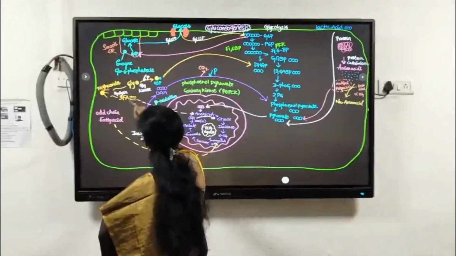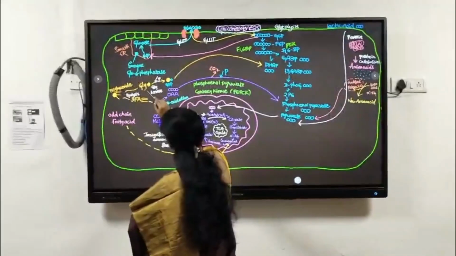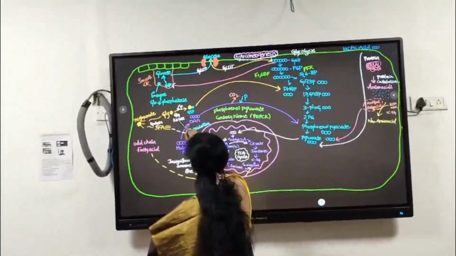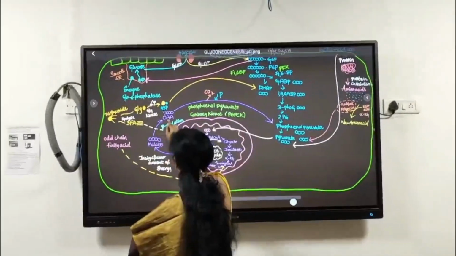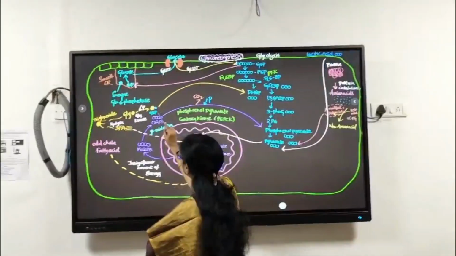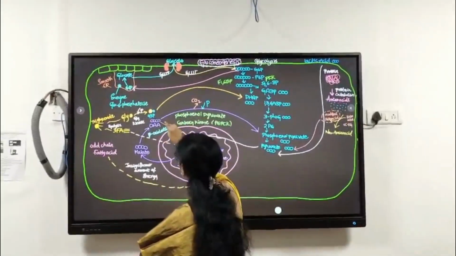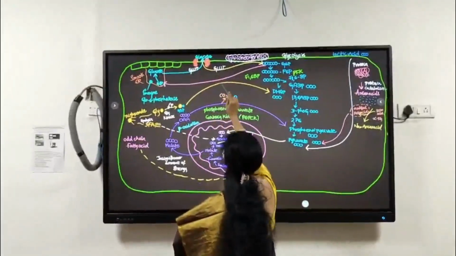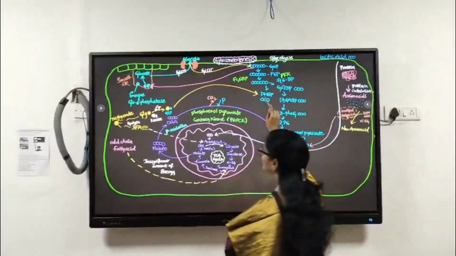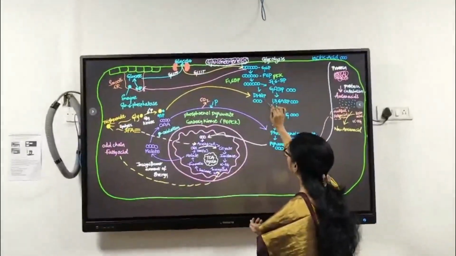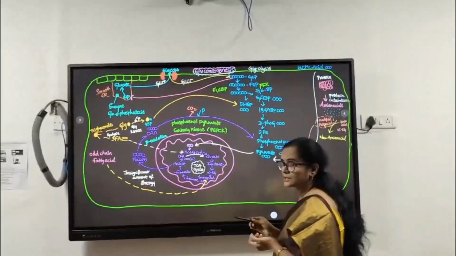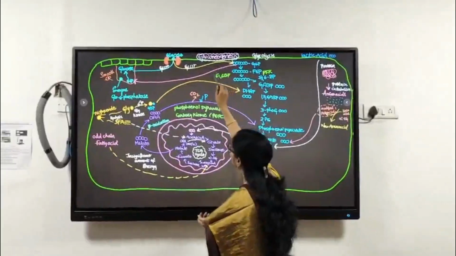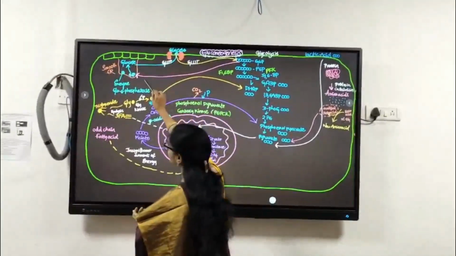So this glycerol molecule, with the help of glycerol kinase, undergoes addition of a phosphate group and forms glycerol 3-phosphate. This glycerol 3-phosphate gets converted to DHAP. This DHAP again enters glycolysis and finally synthesizes glucose in the same way as we have seen